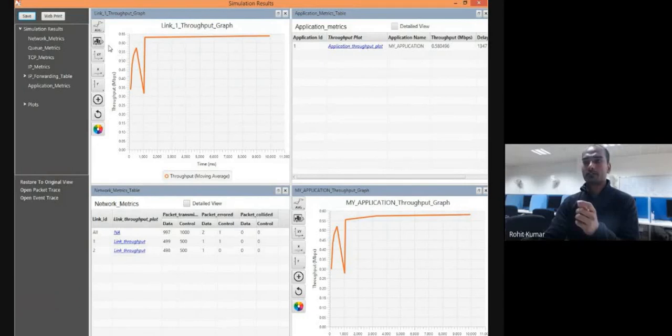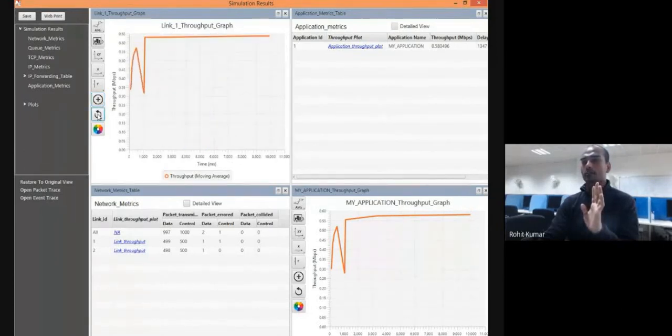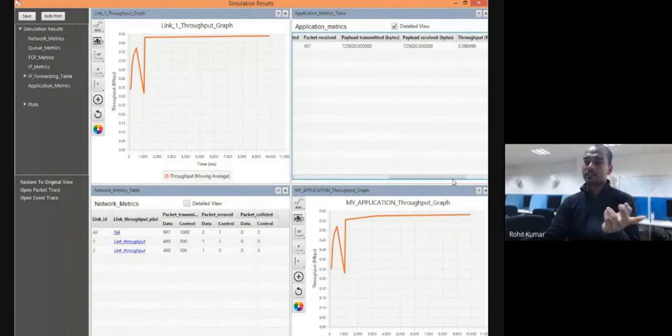You can see metrics. If you want to focus on a specific part of the output, you click on this particular thing. Just simply you want to focus onto that particular area. So it will focus onto that particular area. Okay. So these things, if you want to revert back, it will revert back. Application throughput plot is there. Again, your throughput is this one. Your delay is this much. In microseconds, if you want to see the detailed view is also available. Number of packets sent, bytes, etc.